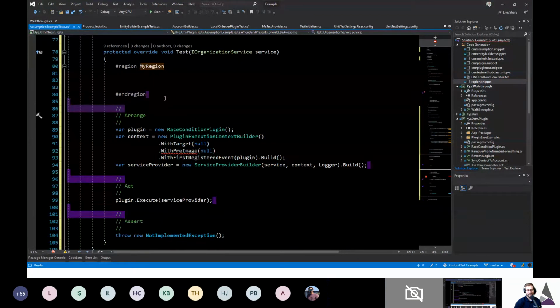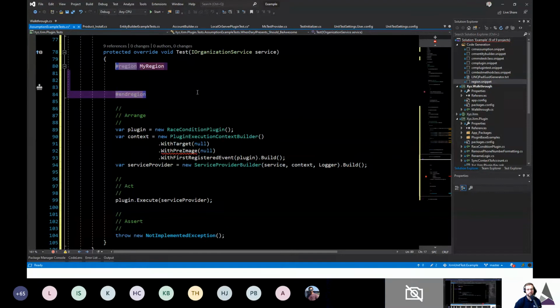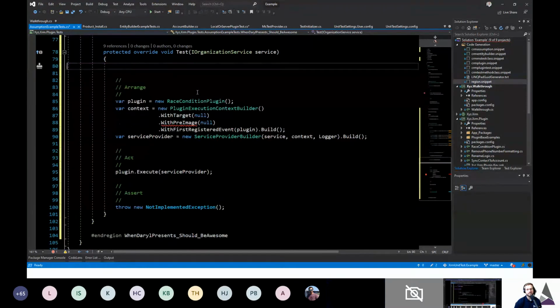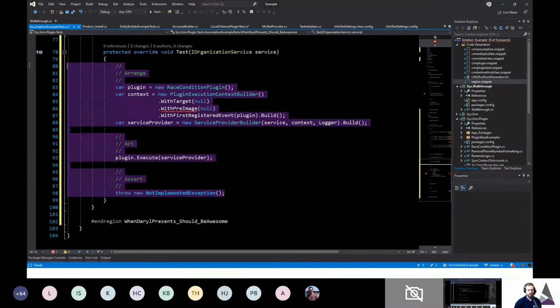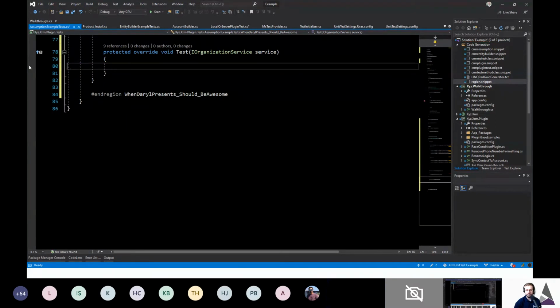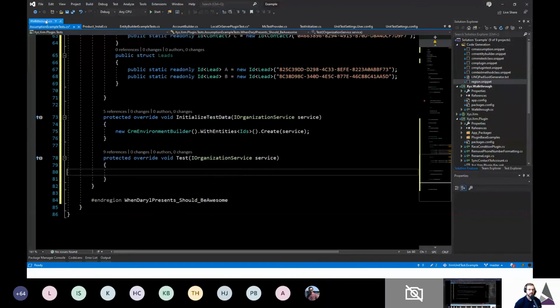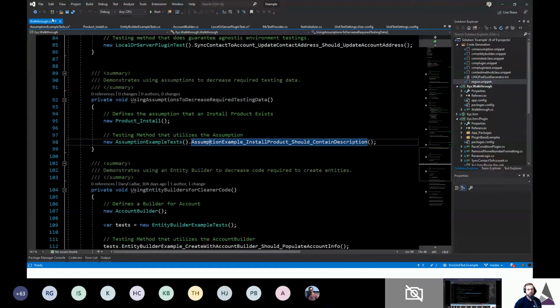So that is that. Anyone have any questions before I maybe take a little bit more time to look at some more entity builders stuff, because I kind of glossed over that quickly? But any questions anybody wants to ask, or anything they want me to dive into or talk about, show more into? Okay. Going once, going twice. If you go download this example, or if you use the Visual Studio Solution Accelerator,